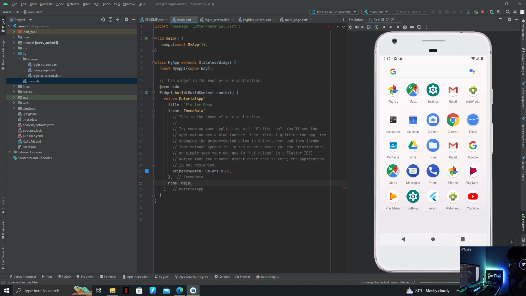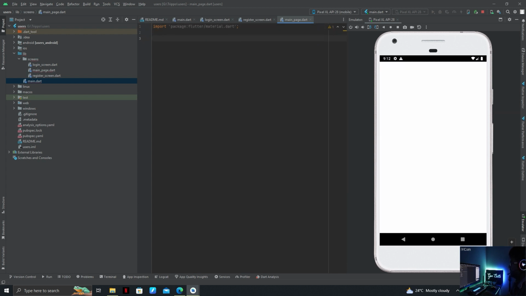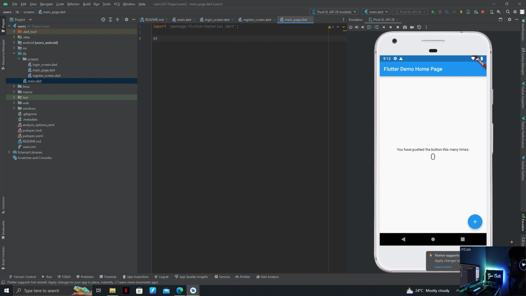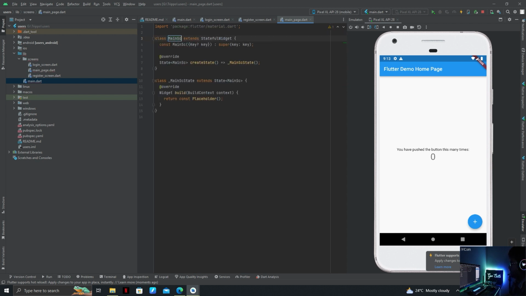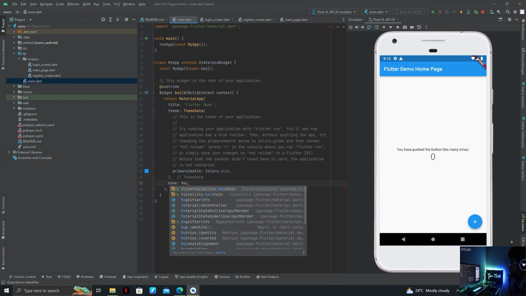Our app is still running. Sorry, we have to declare a few things before we can see our main page. Material.dart, stateful widget, main screen, and instead of placeholder we are going to use scaffold. Here we can call our main screen,